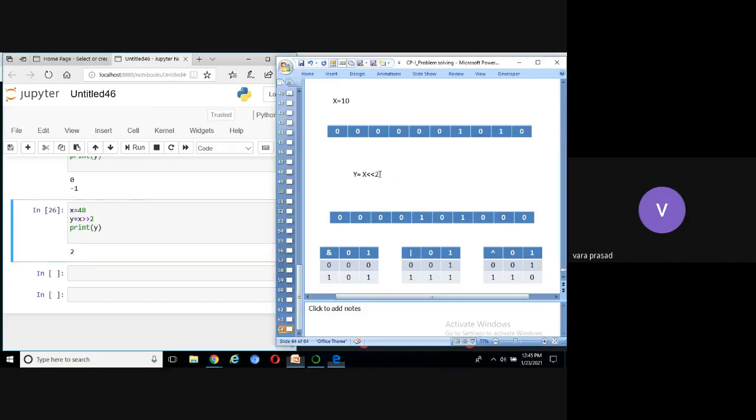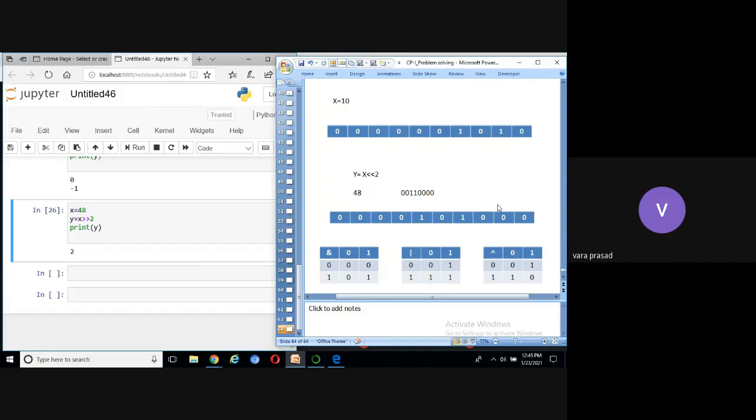Right. Here I am going to write 48 in binary equal to 1 1 0 0 0 0. Is it in how many bits? 6 bit.